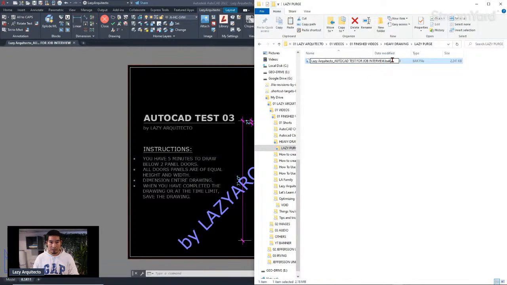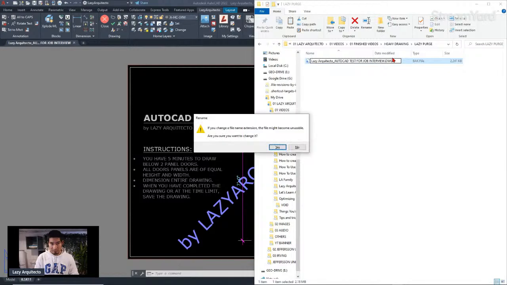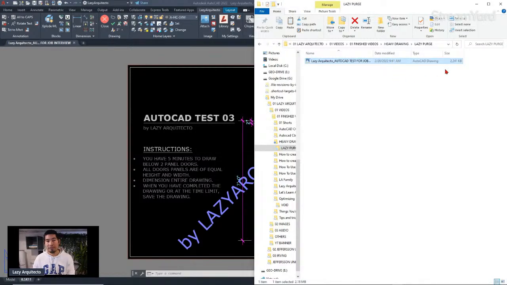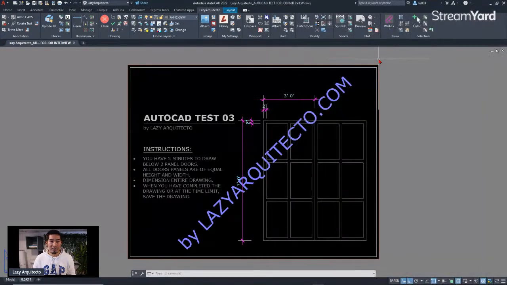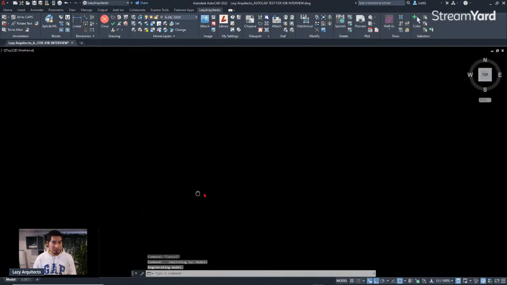So I'm gonna simply save this file that is heavy so we can again test it. All right, so let me go over how we can create this command. So the lazy purge command, we can create it